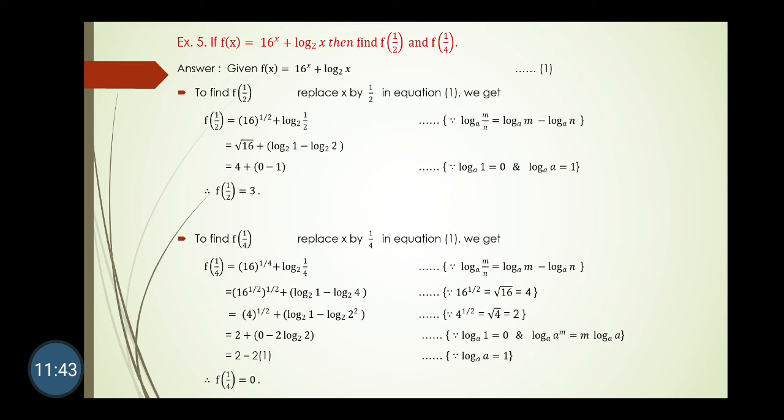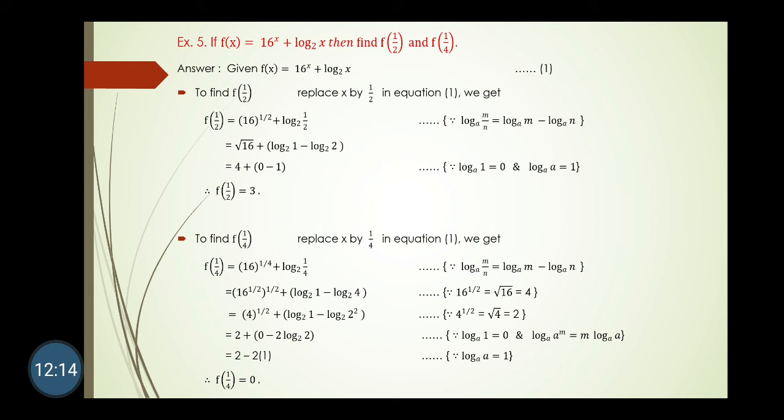If we want to apply this formula here, log a to the base a is equal to 1, then we want to convert this 4 as 2. And how do we get 2? 4 is the square of 2, so we can rewrite this 4 as 2 square. And 16 raised to 1 by 2 is 4, and we know the value of 4 raised to 1 by 2 is again the square root of 4, and the square root of 4 must be 2. So we can rewrite this as 2 now. And log 1 is also 0.